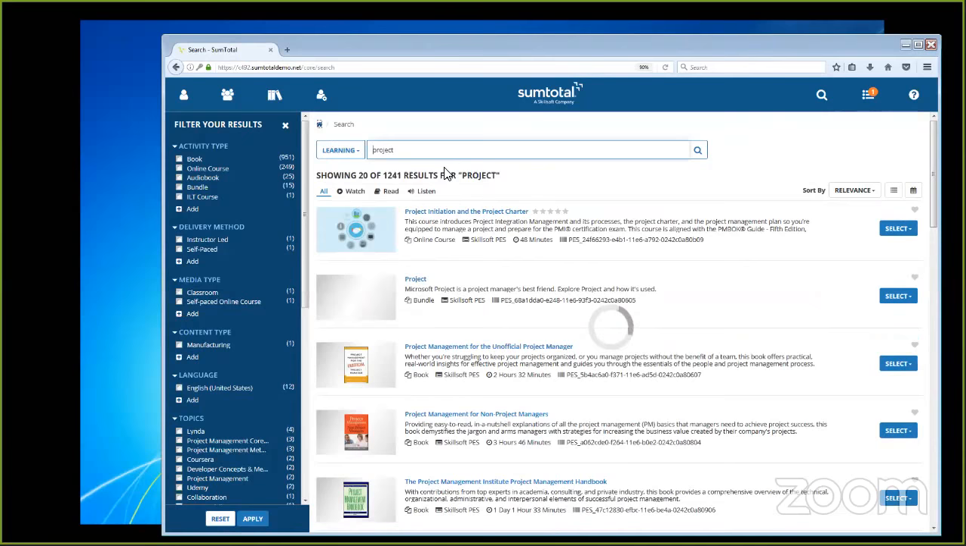And when I select that, it brings me over here and pulls up all the courses. Here you will see these watch, read, listen, what SumTotal calls modality. So you can set it up per course. And also the search always starts with the learning instead of,